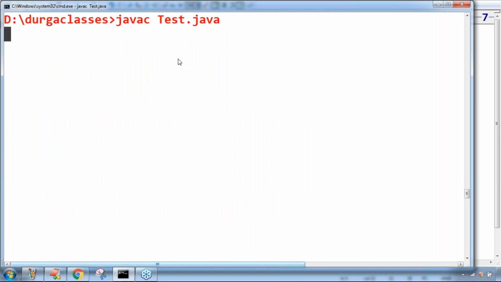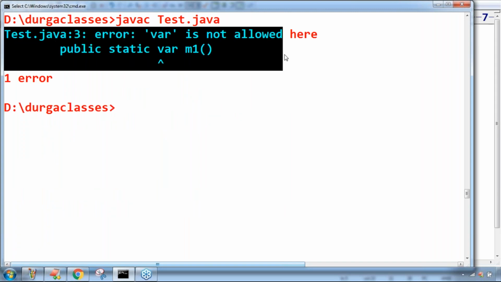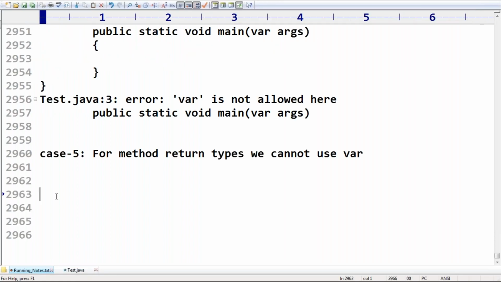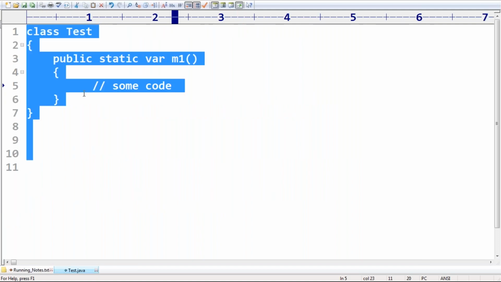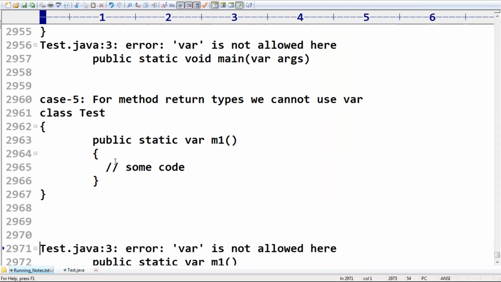It clearly tells us 'var is not allowed here'. Take very special care. What may be the reason? Because internally, which value you are going to return, we don't know.